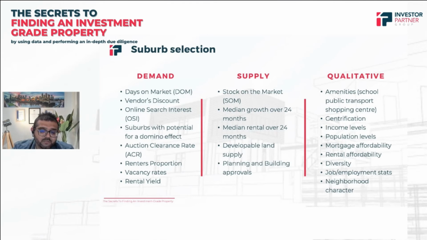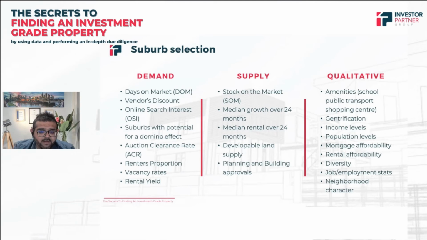People tend to look at a 2%, 3% rate. I personally feel that it's very high. 2%, 3% stock on market is significantly higher, and it indicates that there is a lot of stock available in an area. Okay. Median growth over 24 to 36 months is the percentage change in prices for a particular type of house over 24 to 36 months. Now, this is quite the key. When you're looking at median growth over 24 to 36 months,